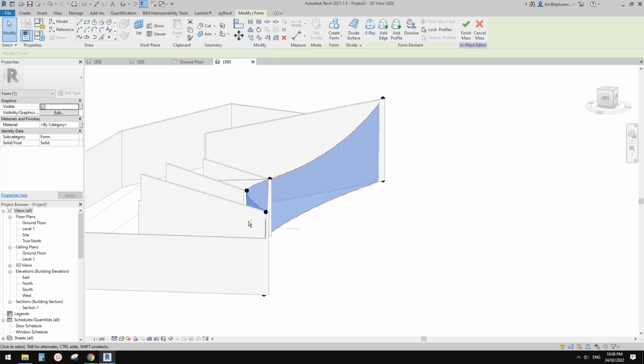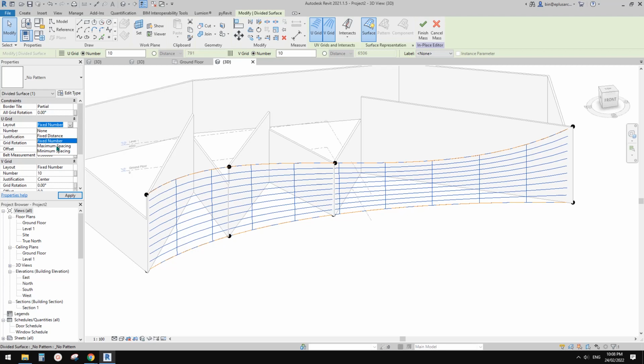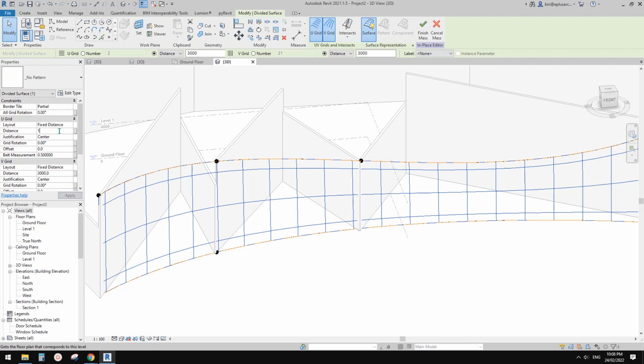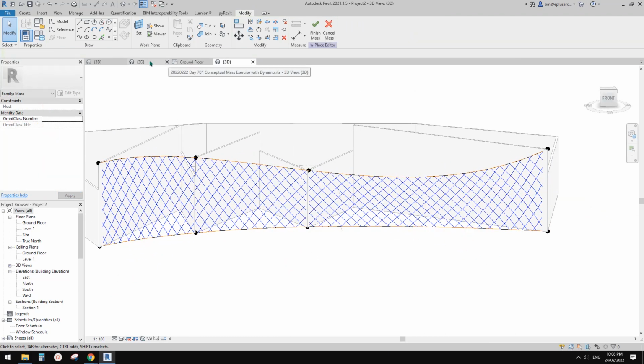and then we can create a face. So this one, and then we can use divided surface, and let's try maybe fixed distance. Try maybe 3. I'll just make it big panel, so less panel. Okay, so maybe that's too big. 1 meter by 1 meter, and also because I'm going to use that pattern, I'm typing 45 degree,